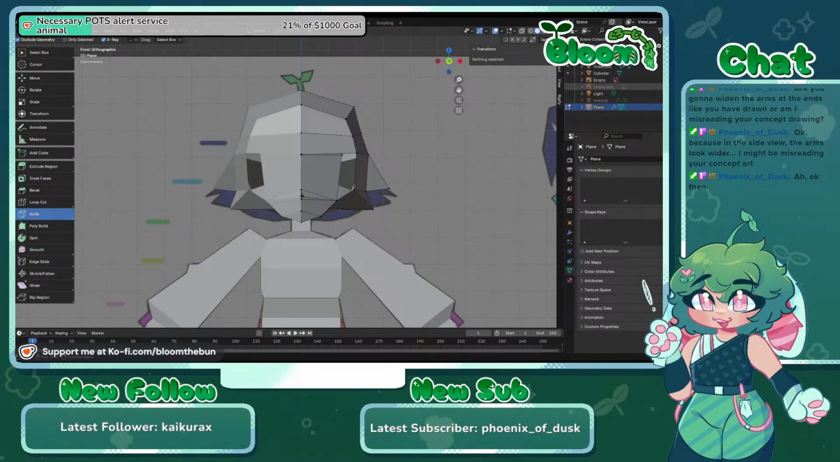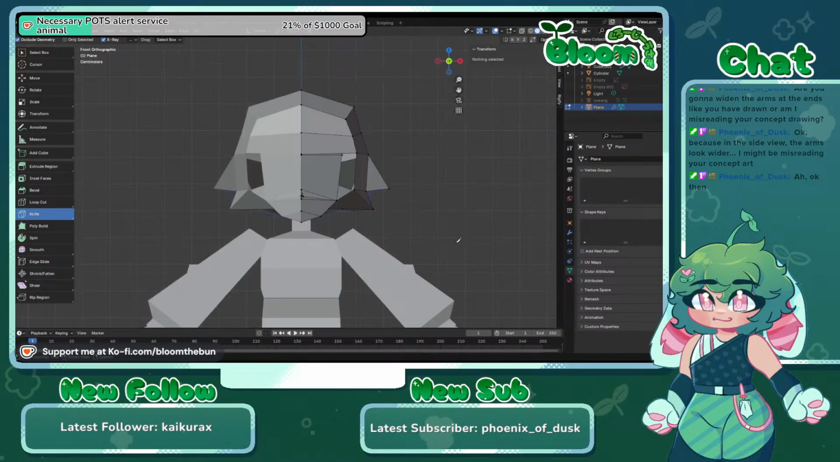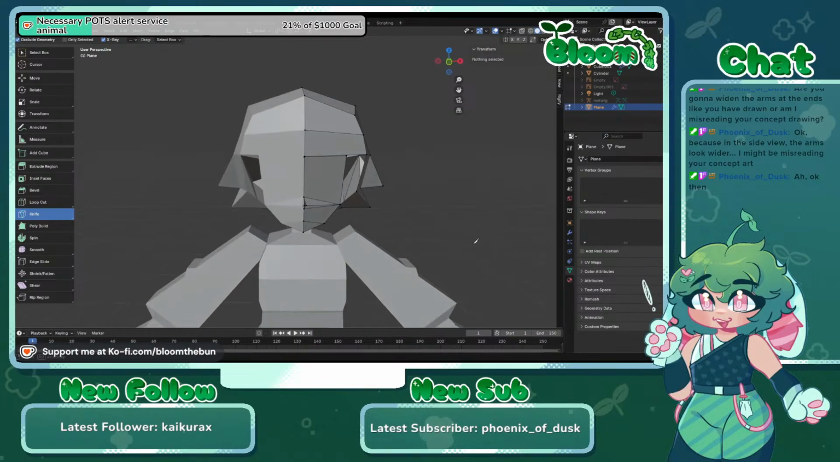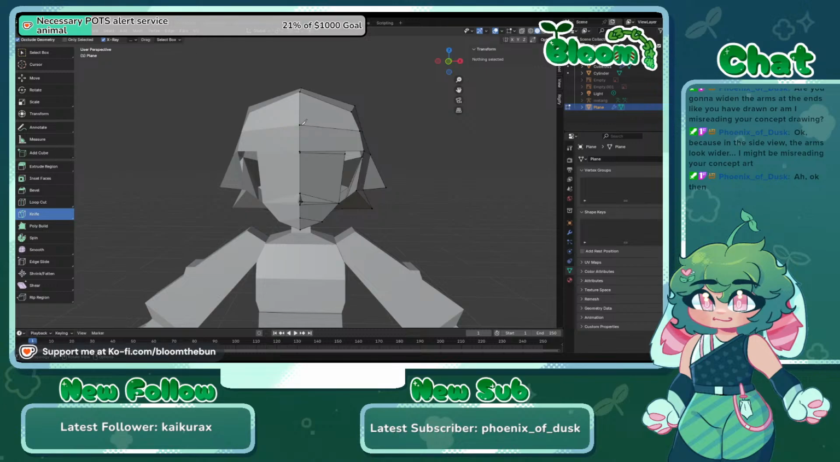Now let me get rid of that. And then I'm going to come in and start carving out his bangs. So I think what I want to do is go from here to around here, and then press enter. And now we have a new edge. And then I'm going to do edge select,